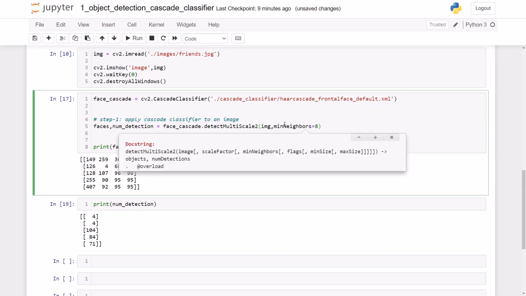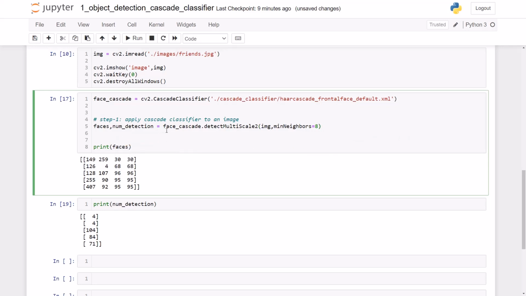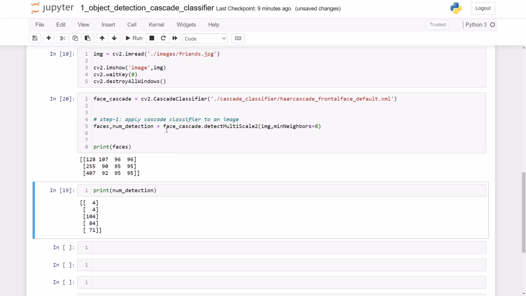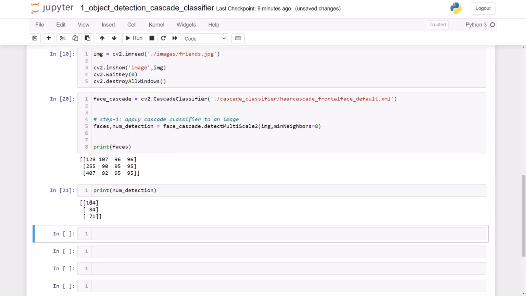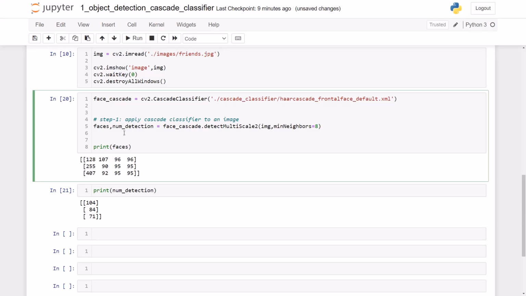All right, so now we have the minimum neighbors set to 8. Now let's look into that. I'm having the 3 faces now, and these are the 3 faces: 104, 84 and 71. So we got the 3 faces here. Now step number 2 is